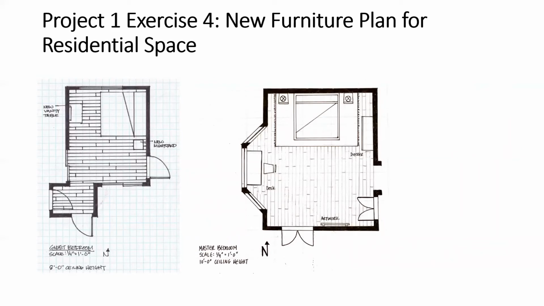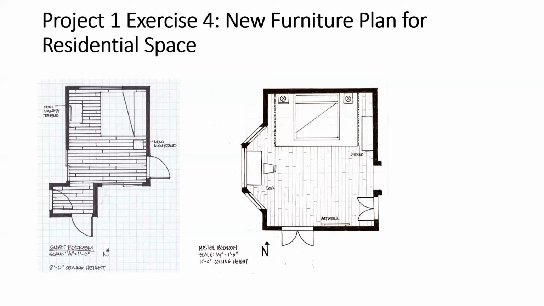And so it's important to remember here that the new shapes on the floor plan should reflect the new selections. So you can see here on the floor plan to the left, that new vanity table that I selected is now drawn on the floor plan. It's a different size than the dresser was at the very beginning. You can see here that the nightstand, even though it's almost exactly the same shape as the one that was already there, is slightly different. It's a square, not a rectangle, and it's the new one that I selected as well. So you can see here that the shapes of the furniture have changed slightly. The arrangement did not, but yours could if you want to.